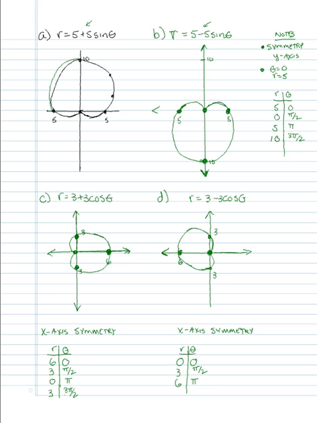So looking at the function, and because of this minus, and we know we're symmetric about the x-axis, then most of this graph is on the negative side of the x-axis. Okay, predictable, predictable, predictable. So we're going to change